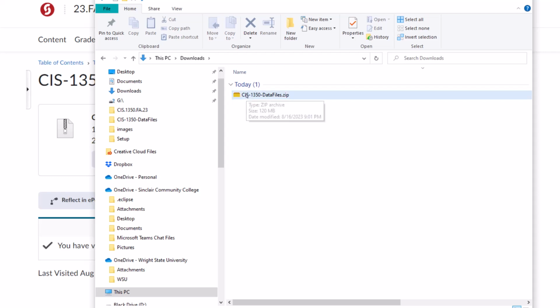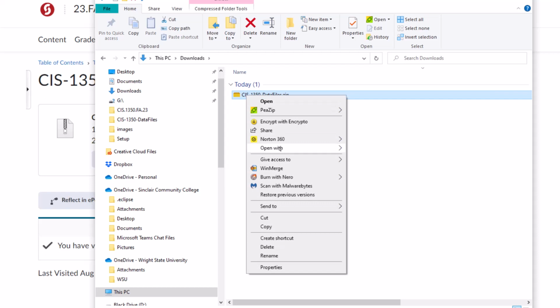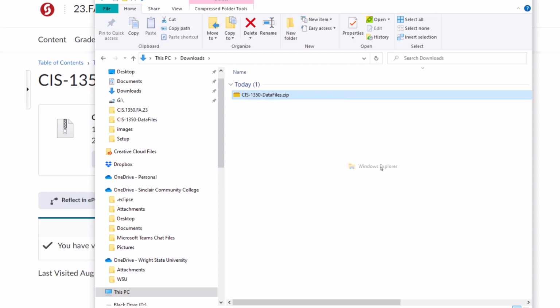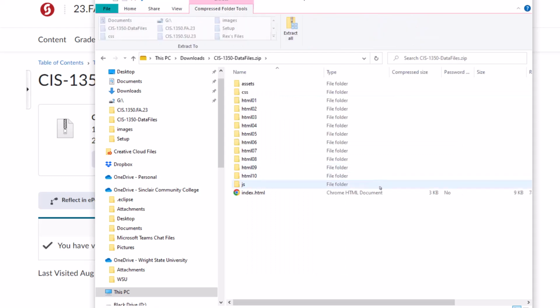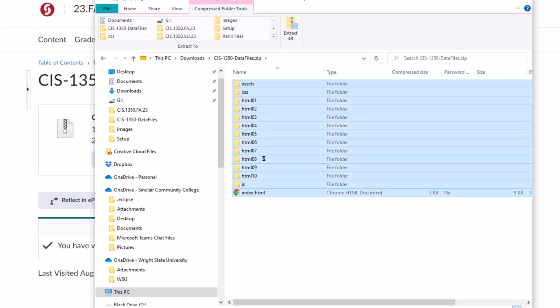So if you do an opposite mouse click again or a right click on the file, you can come down and say open with, and you can select Windows Explorer. It will open the zip file, and you can see all your files inside of it. If you select your files, and then do a right click or an opposite mouse click, say copy, hit your back button,